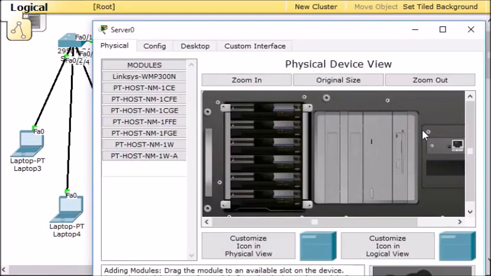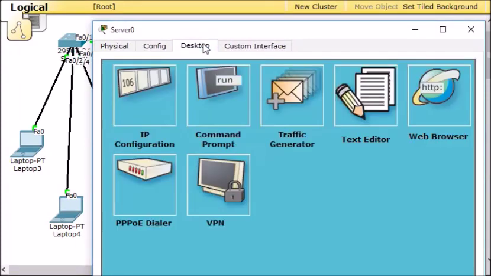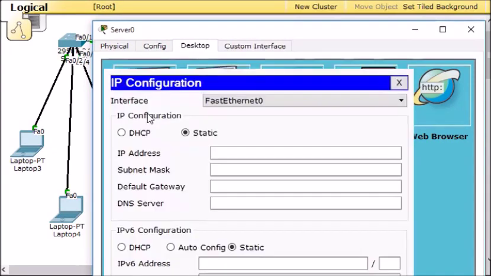So I am clicking on the server right here and clicking on the configuration. You can see here that there is the services list and there is DHCP, but first I will give the IP address to the server, which is the DHCP server. So click on the IP configuration, and this will be static for the server only. I am going to give a class C IP address, and the subnet mask is automatically there, so I will minimize this one.